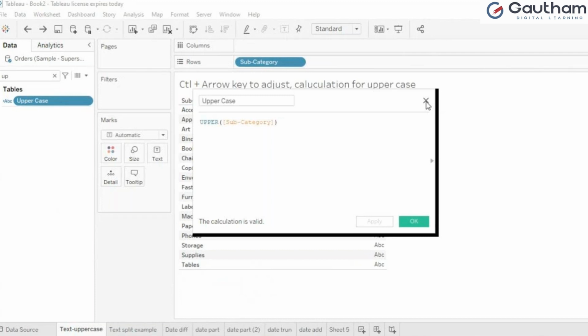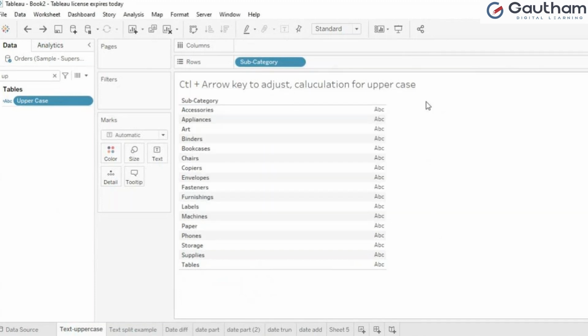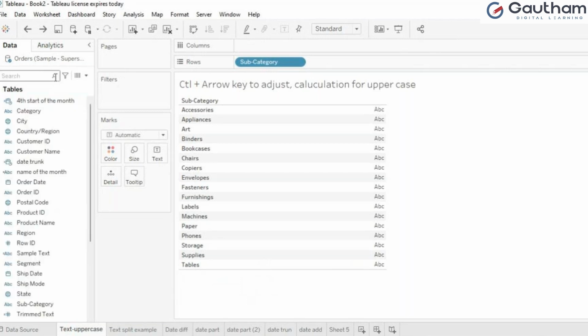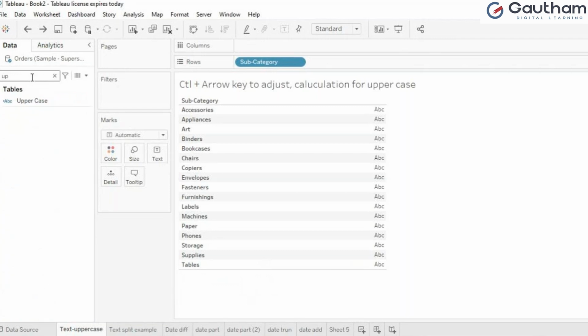So don't worry, don't get tensed. Nothing is visible here because I'm using a search option. If I clear that, everything will come up, because I cannot scroll down all the time. I'll use this search option, and this is the best practice in the office. In real time, you have to do it this way only. If you are dragging and dropping and searching up and down, they'll understand that you are very new to Tableau, that you just learned days back.